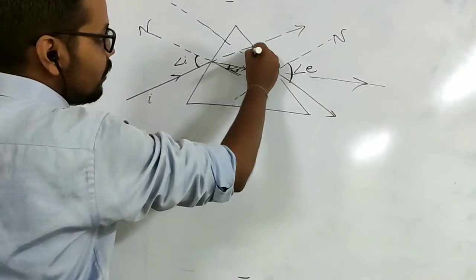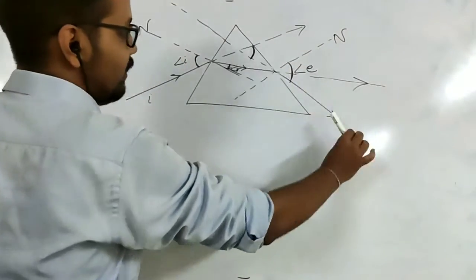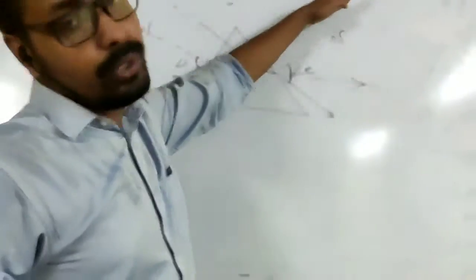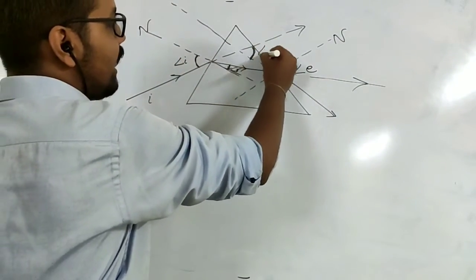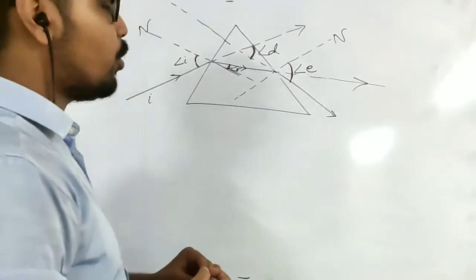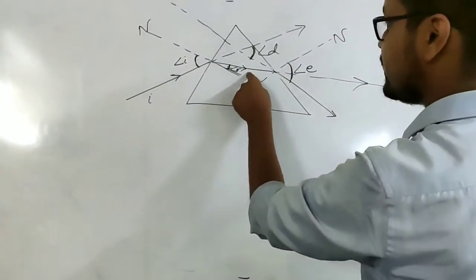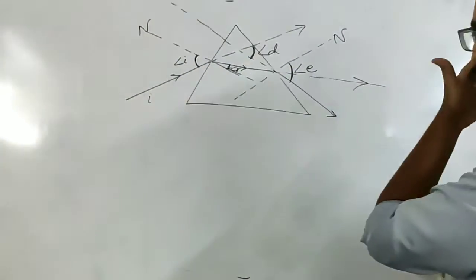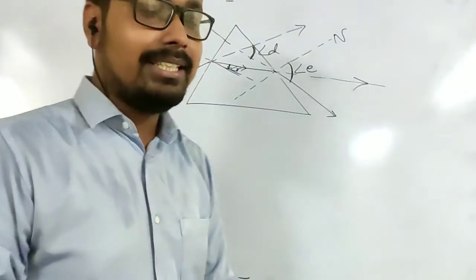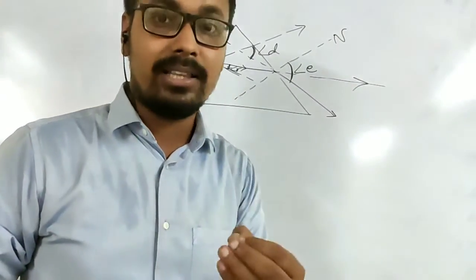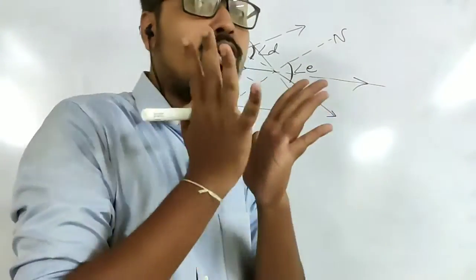This angle is between the original incident ray's path and the emergent ray's path. It means the direction in which the light would have gone versus the actual direction of light. This change in the direction, this angle, is called the angle of deviation, or D. So now we have four angles: angle of incidence, angle of refraction, angle of emergence, and the angle of deviation. If you are asked what angle of deviation means, it is the angle by which the incident ray has changed its path while coming out as an emergent ray. It is the change in the path if there had been no prism.